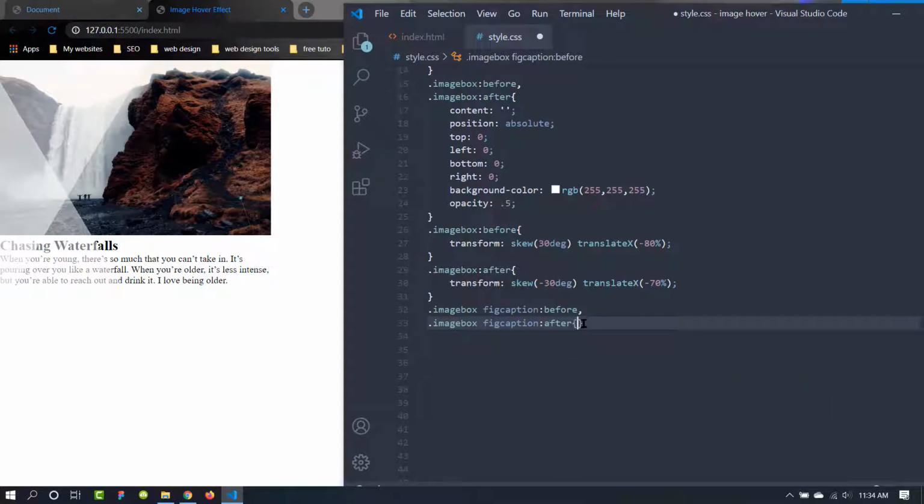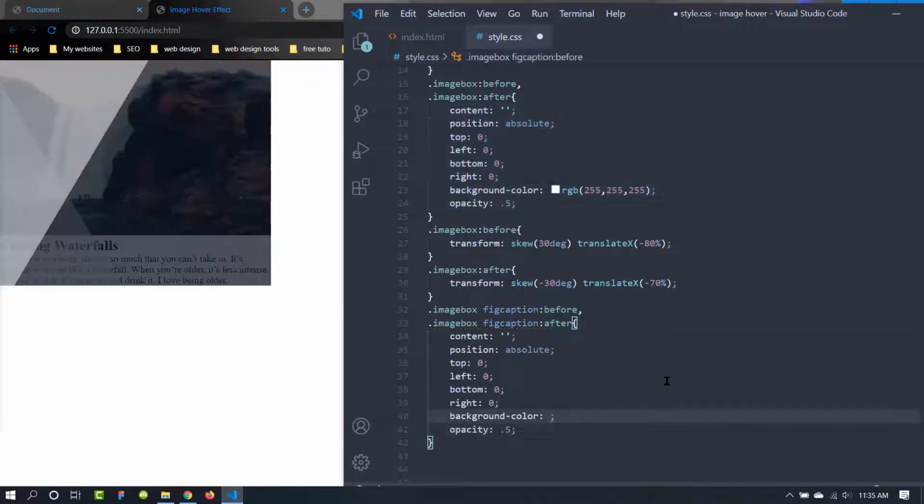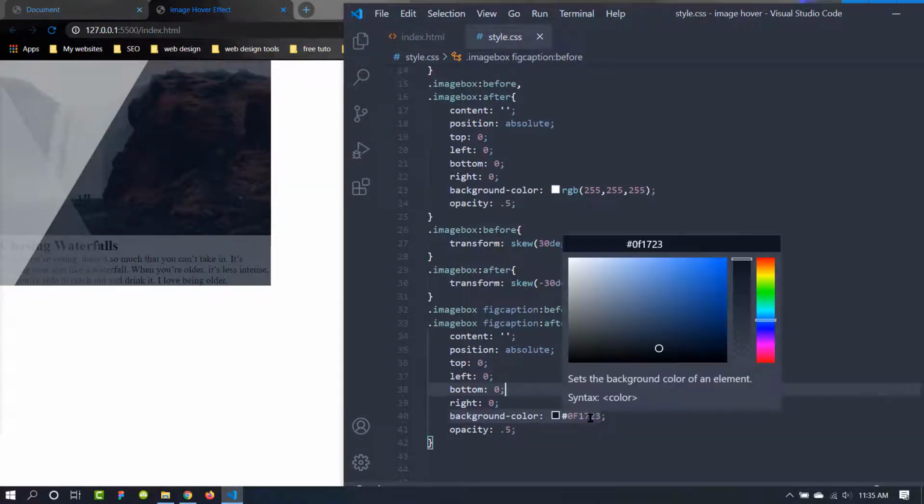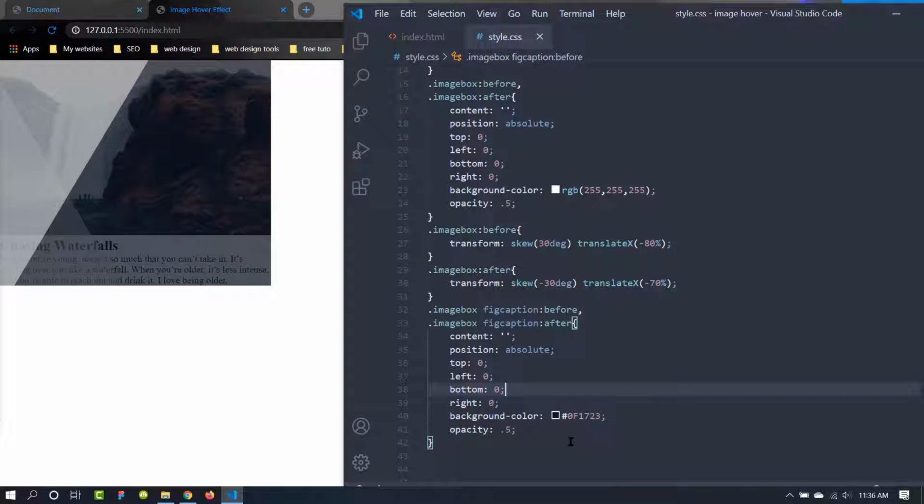Let's get it to the comma. We can actually copy this from here because it will be the same, and the background color will be 0f1723. Let's save, and this is our background color. Let's change the opacity. Actually it's fine, 0.5 will be great.